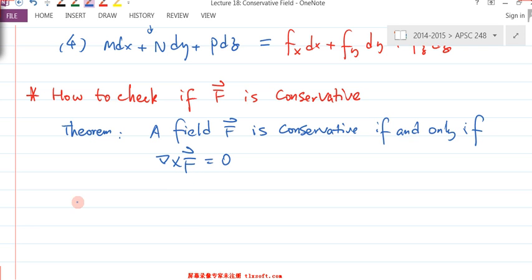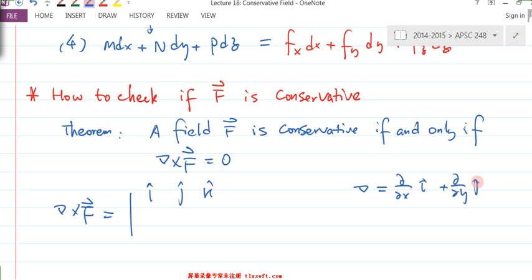So del cross f, it's a cross product. So cross product i, j, k. What is the del here? Del is an operator. Remember, in the beginning of the first lecture, I actually talked about it